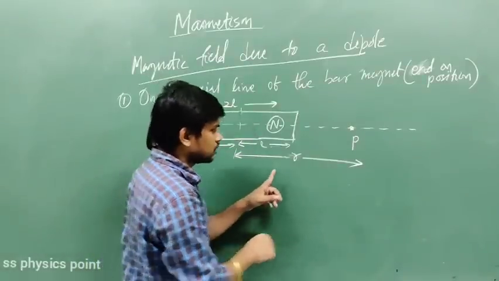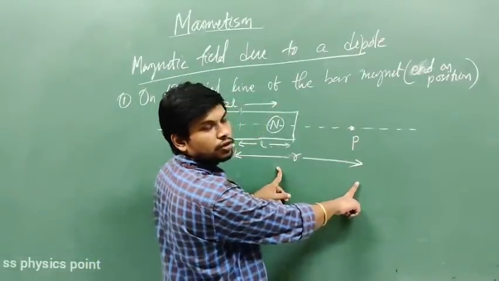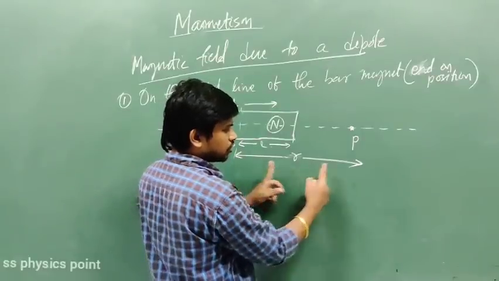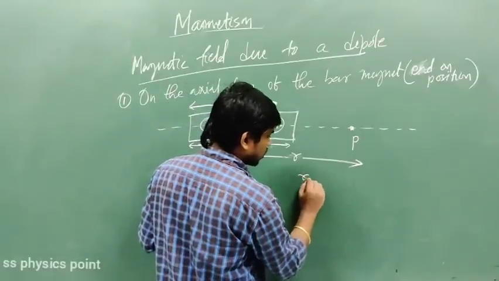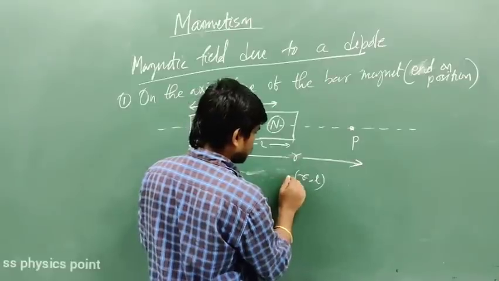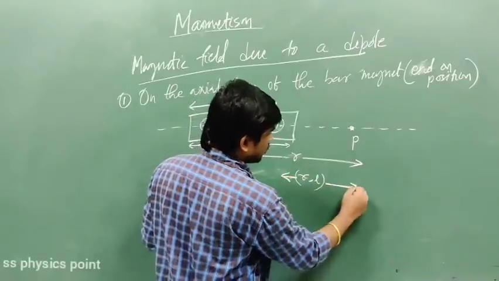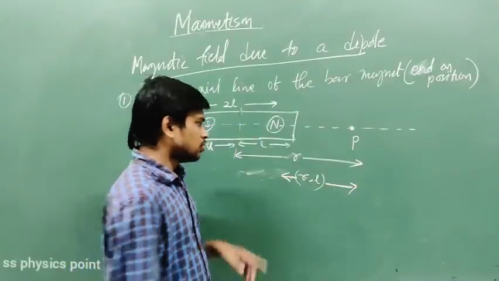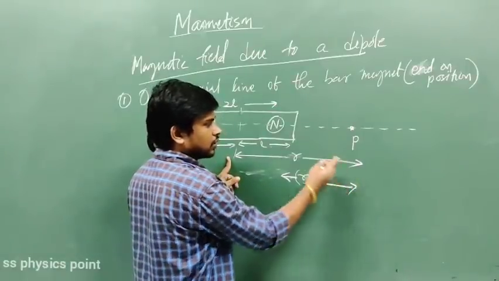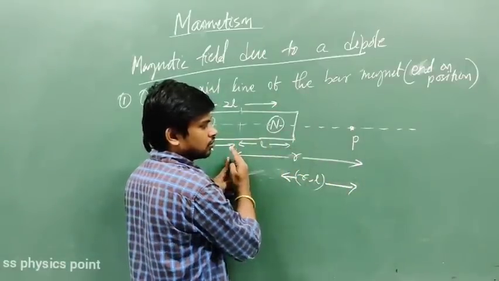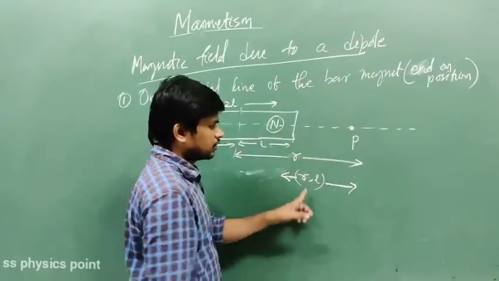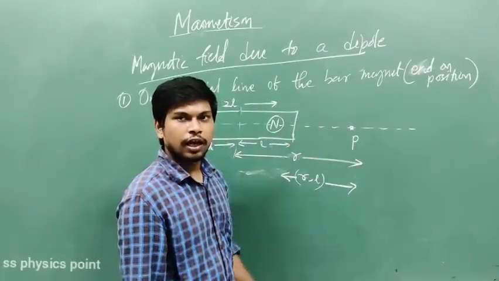So you need to find the distance of this point from here. This distance is R. So this distance will be how much? R minus L. How? This is R. Listen carefully. This is R, and from R this L goes away, so how much remains? R minus L. So the north pole is at a distance of R minus L.